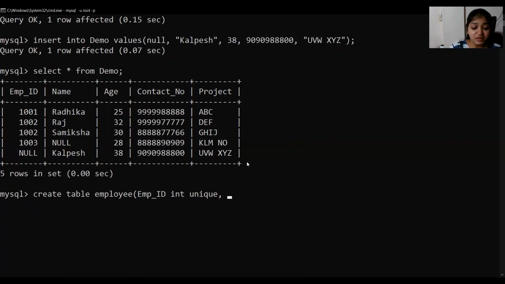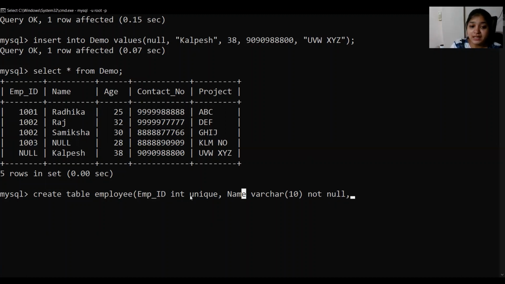We can have name with varchar 10, and we will specify that this is not null. Not null is the integrity constraint. Not null specifies that the name attribute cannot be left empty while entering values.